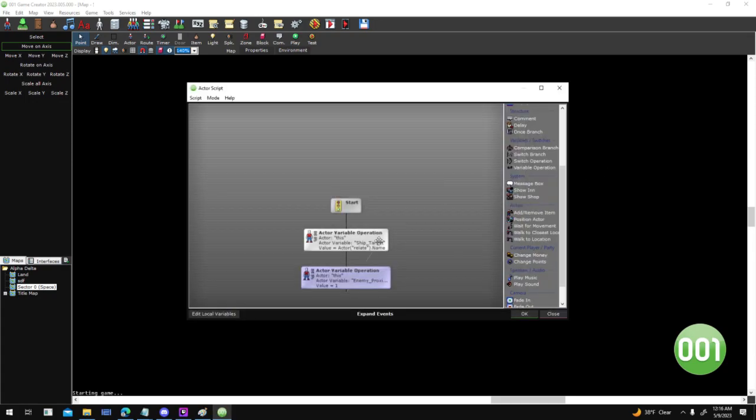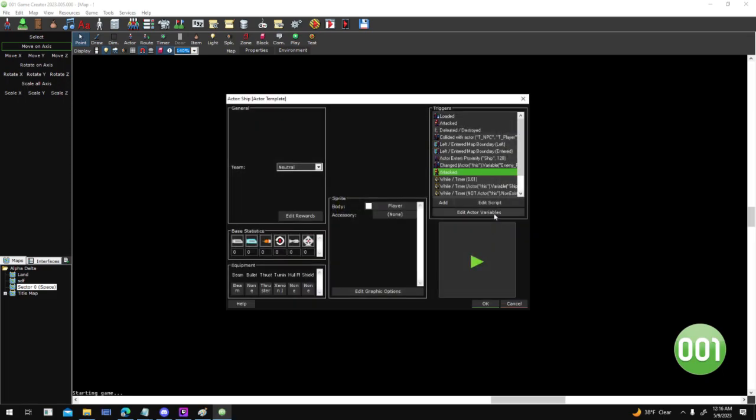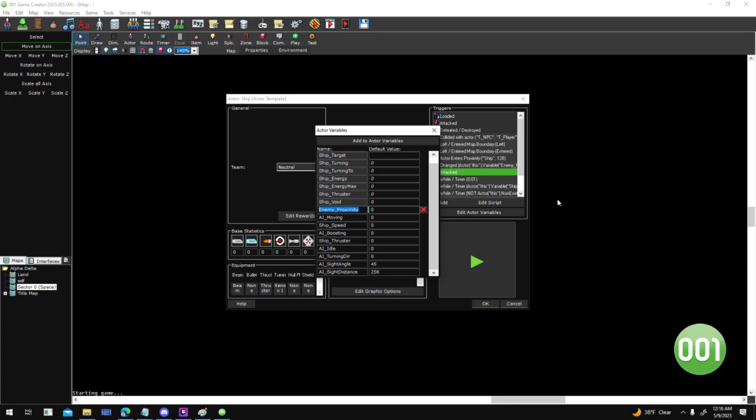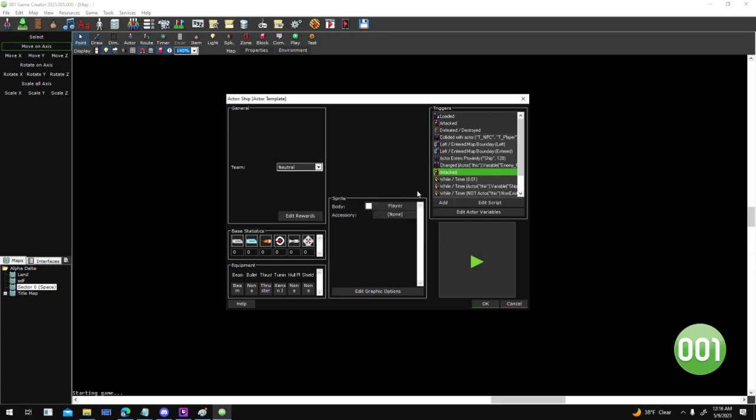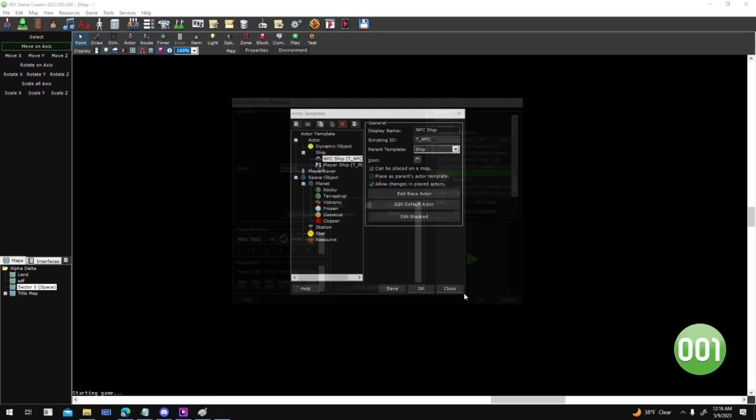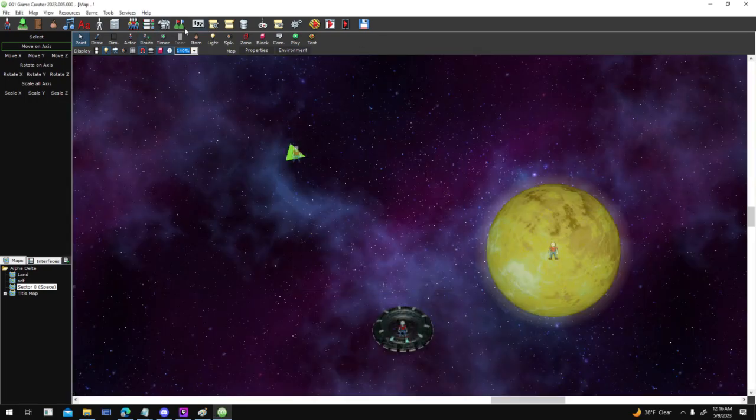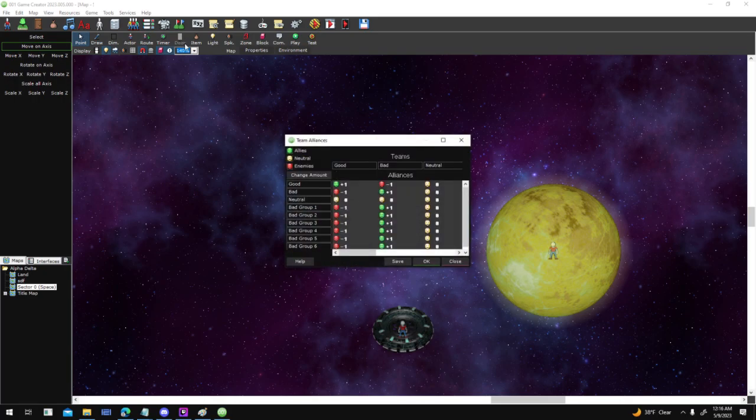There's an attack trigger here. All it does is switch the target, the ship's target, and it tells it that it's got an enemy in proximity, which is another variable that I put in here. Enemy proximity will determine whether the ship is within range of somebody who's on a different team. And the teams that are built into 001, they're very basic. I don't know, there's not a lot that you can do to customize it. But the teams determine who's friendly with who, and you have several